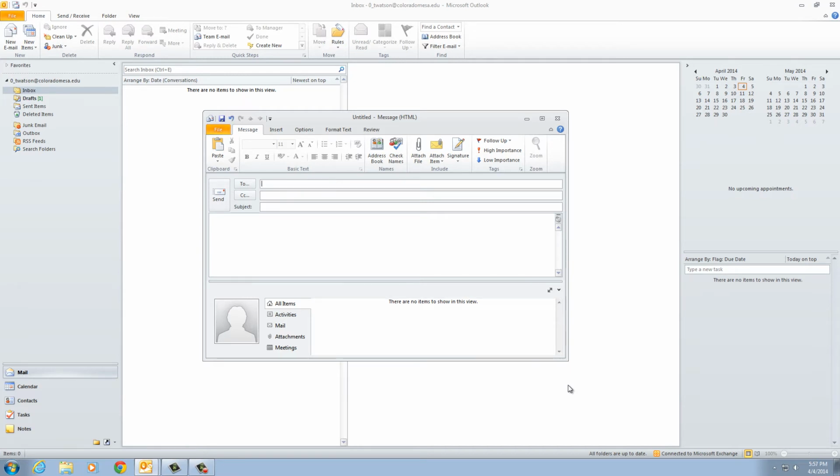There is a way to help Outlook search through each book and locate the correct address without having to select the exact book. If I were to type Watson, TF, and then click the Check Names button, watch what happens. There is no one in the global list named TF Watson, so Outlook moves on to the next book in the search order, which is the suggested contacts book, and it doesn't find anything there. So Outlook then moves on to my contacts list, and as there is one unique entry that matches, it enters